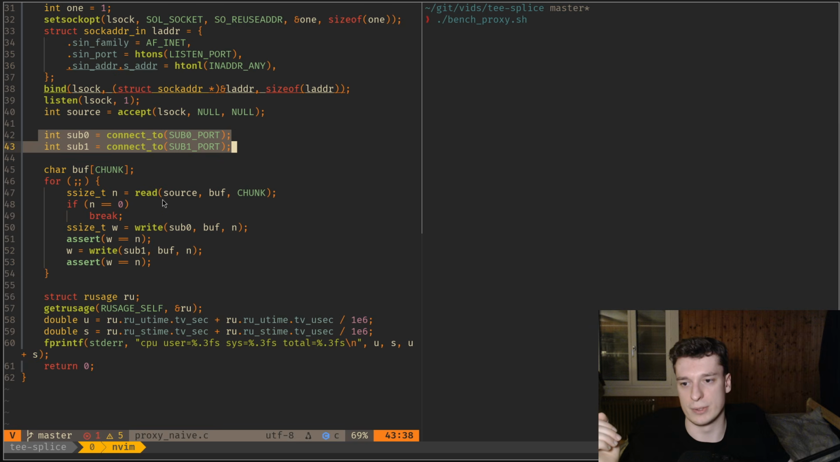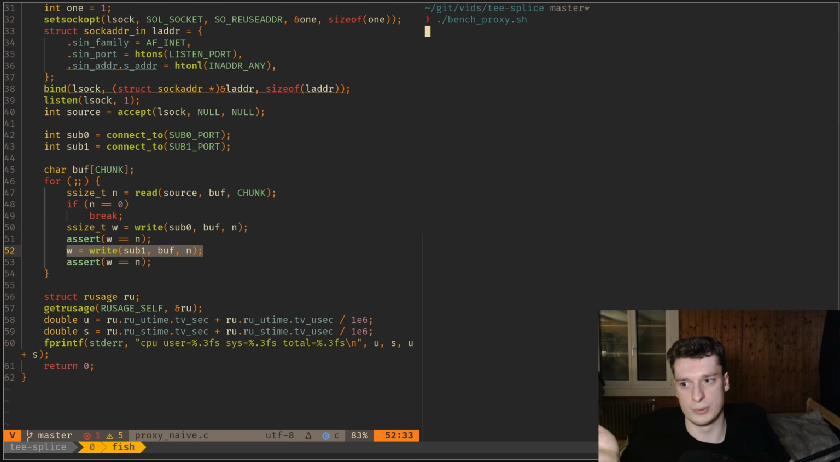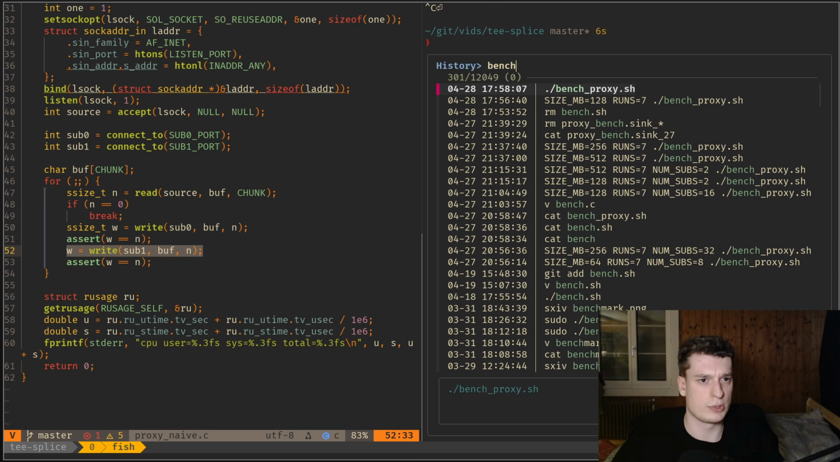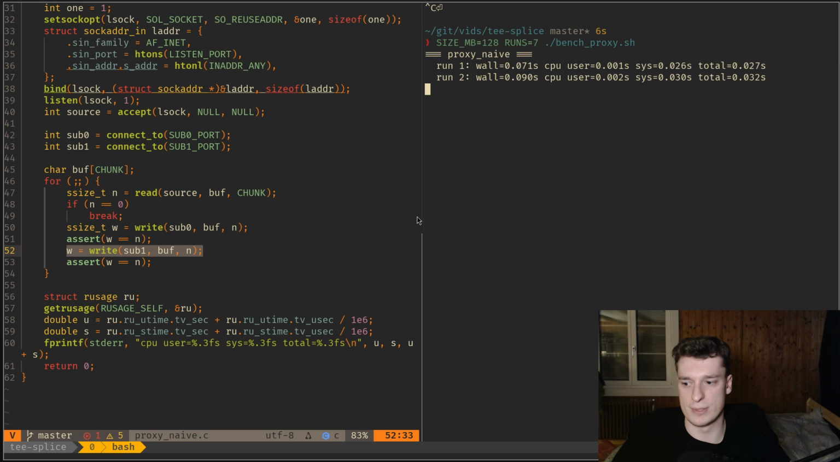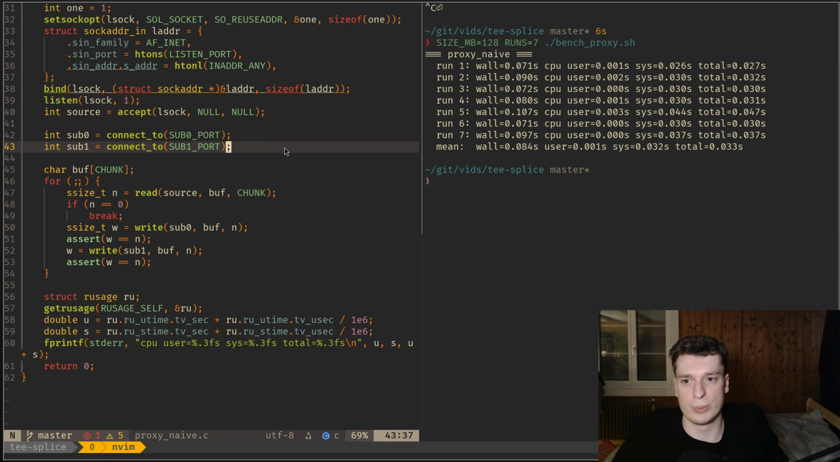This is the naive example, just using read and write. We read some bytes from the source, then we write those to the first subscriber, and we write those to the second subscriber. And at the end, I just print the usage that it took from the CPU. I should run the bench on this version so that it's a bit faster. That doesn't show you much, but now I'm going to rewrite the exact same thing, but with splice